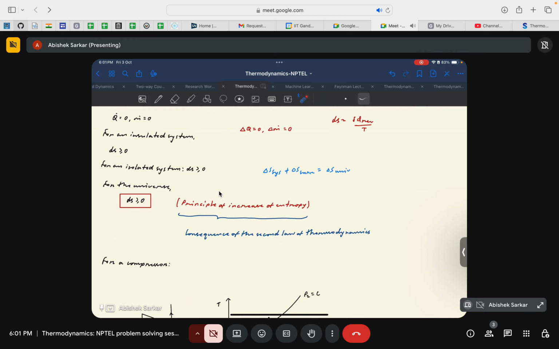But this is indeed what describes the second law of thermodynamics in the best possible way, like why the entropy of the universe keeps on increasing. If our universe would not have been an isolated system, like if there was a way that the universe could have interacted beyond its boundaries,